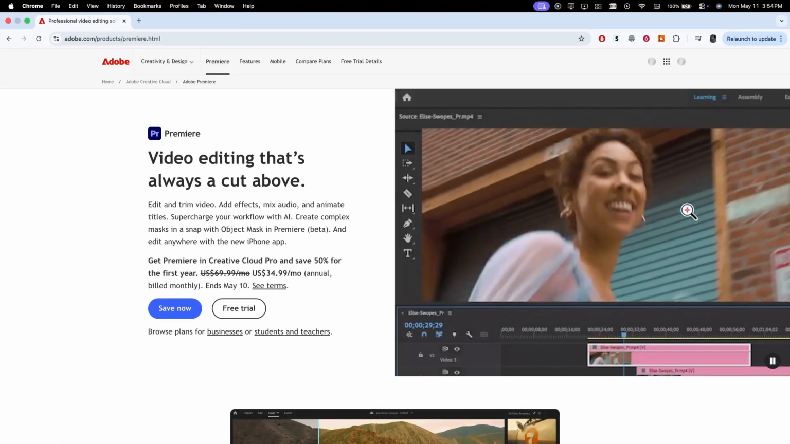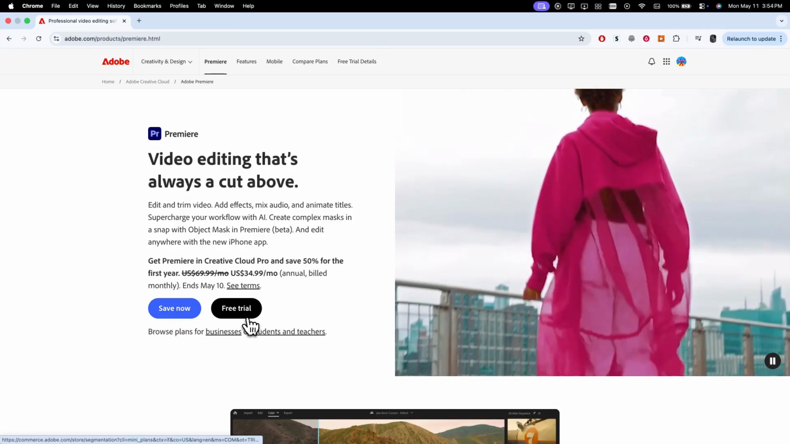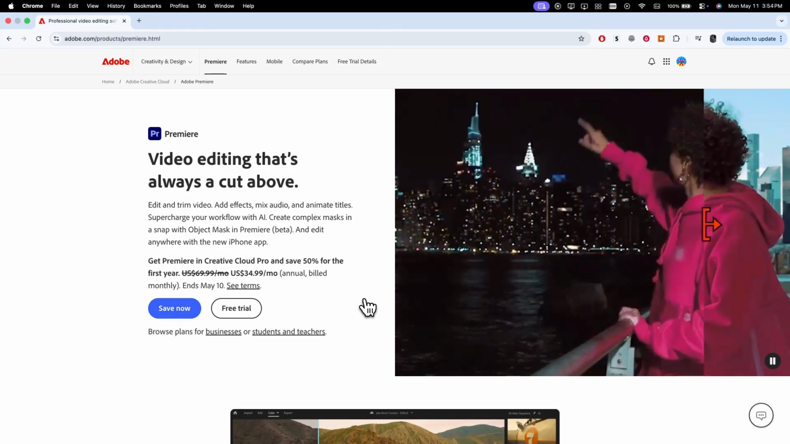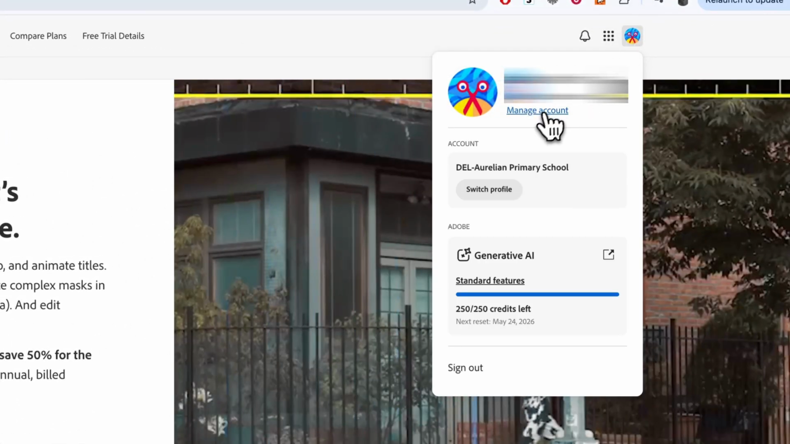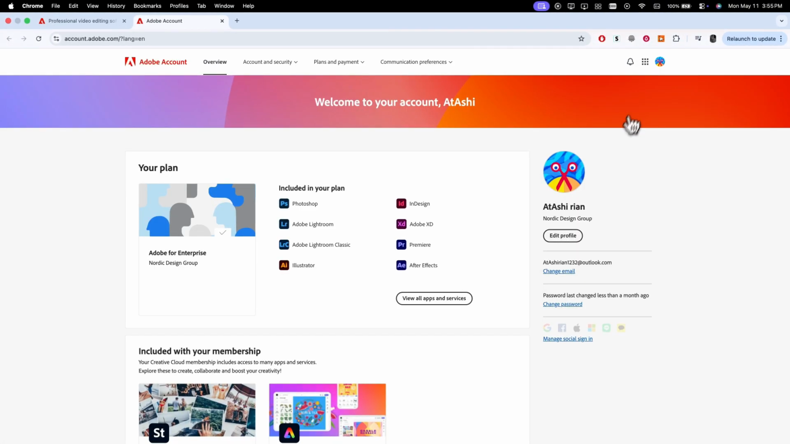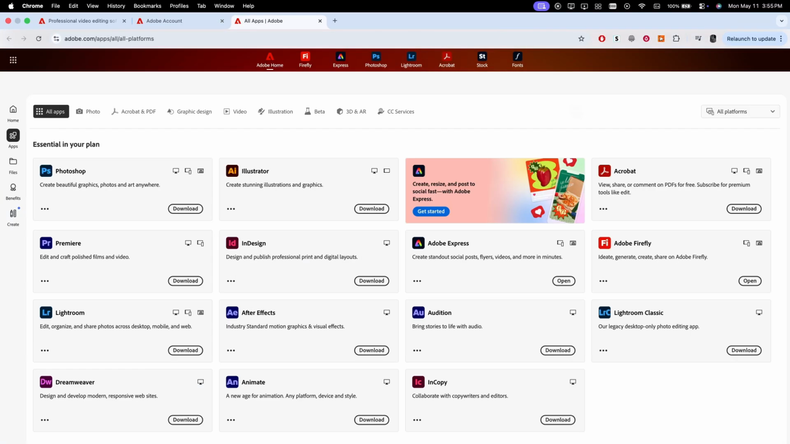Once you are on the website, you can either start a free trial or purchase a subscription for Premiere Pro. After subscribing or signing into your Adobe account, click on your profile icon in the top right corner and select Manage Account. From there, choose View Your Apps and Services, and then select Access Your Apps and Services to view your Adobe applications. You can also click on the Apps icon in the left sidebar to open the same section